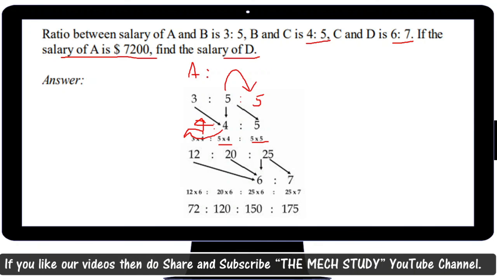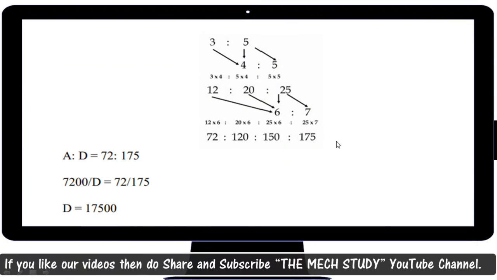Similarly for the C over here, and for here you need to balance with the 25, which is what term D indicates, and similarly for these terms you need to consider 6 over here, along with that 6 over here as well. So you will end up with this, and once you balance these equations, you need to multiply 12:6, 20:6, 25:6, and 25:7, and you will get the final ratio in terms of 720, like 72:120:150:175.